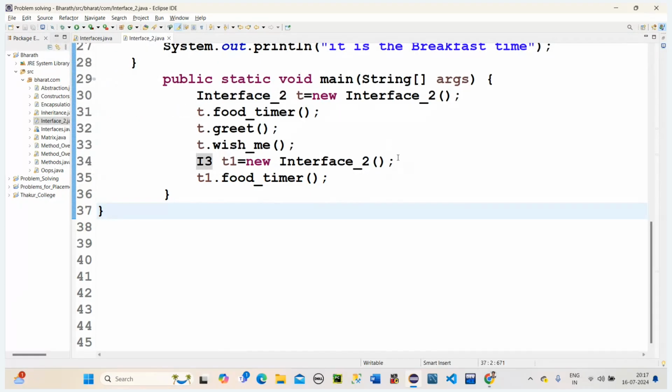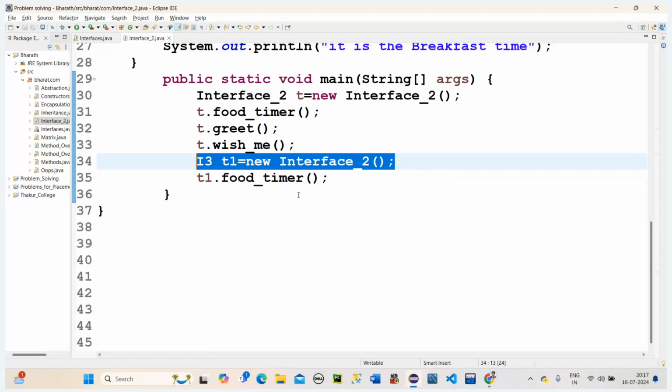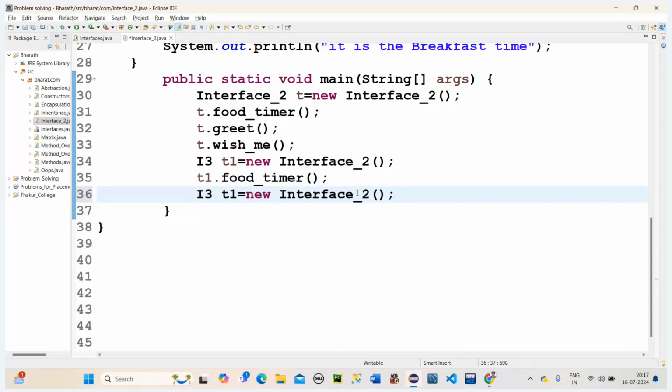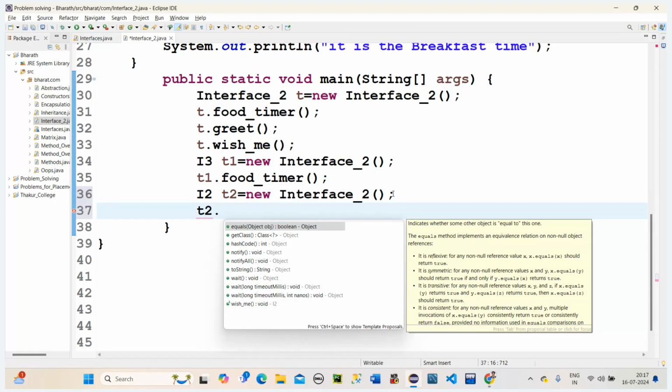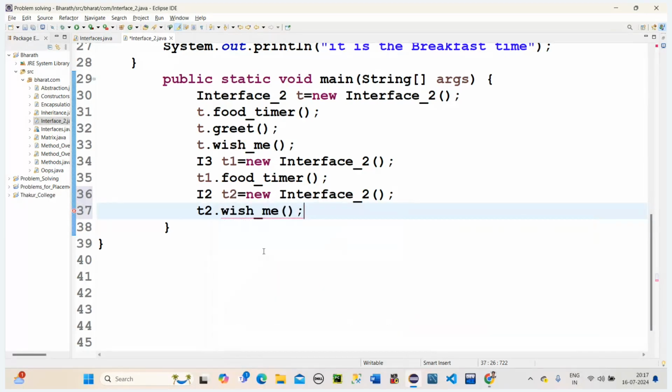Now, for example, if I wanted to create another object for another method, you can do it this way. For I2, a different variable you have to take, I2 is equal to new. Now here, T2 dot. Here we have something called wish me. Wish me is there. So we got wish me, and then